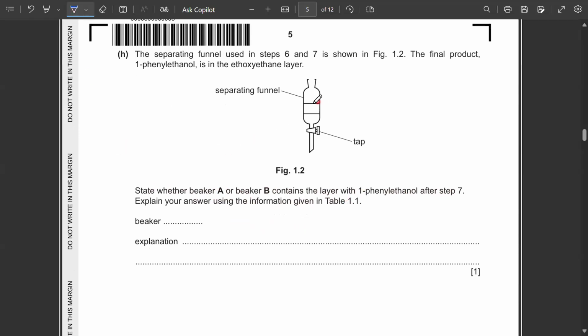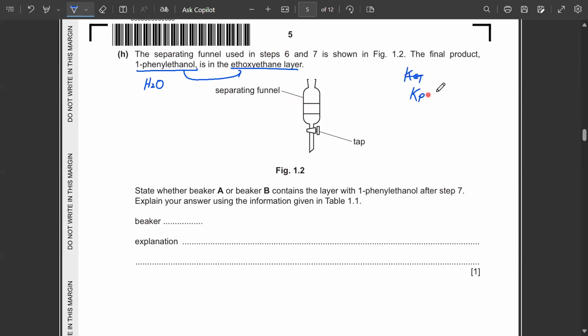All right. Now, this is a picture of the separating funnel, and this separating funnel is being used to separate the phenyl ethanol from the other compound, which in this case is the H2O. H2O is the other solvent, and phenyl ethanol is in the ethoxyethane. If you remember that topic of KPC from your paper 4, from your theory,